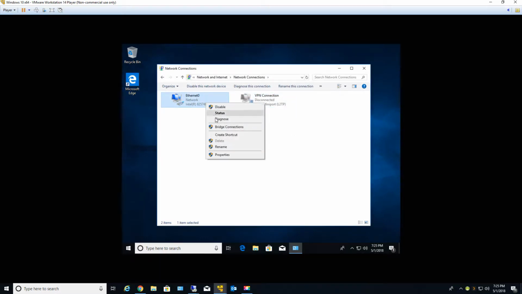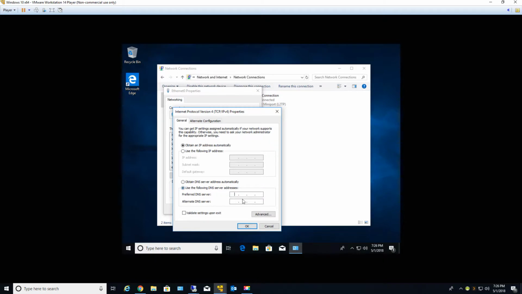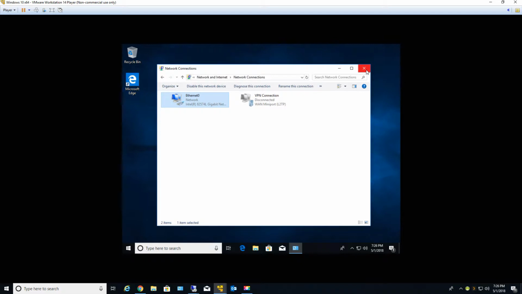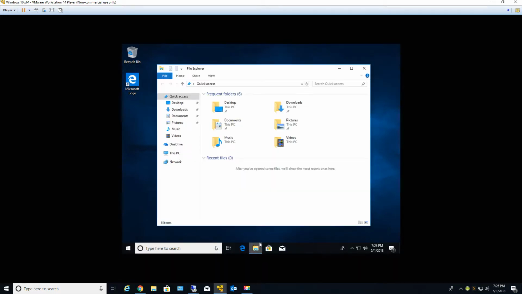And then we'll do the same thing here. Go to our network connection, IPv4, and we'll change this to our DNS server. Click OK. OK, and close. So now we're going to go to our File Explorer, right-click on This PC, click Properties,